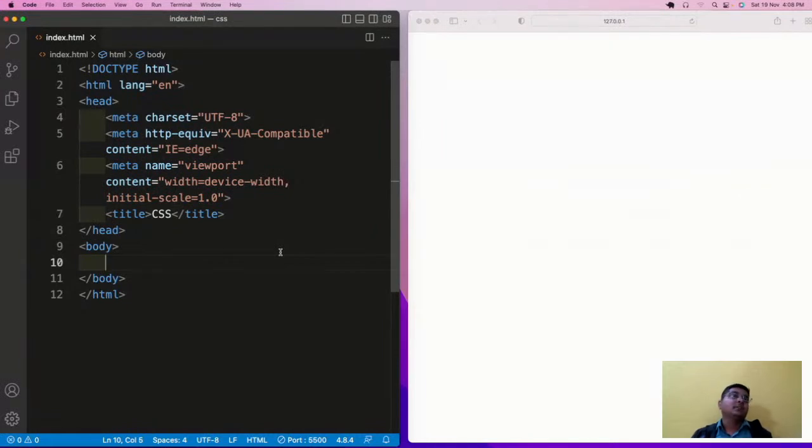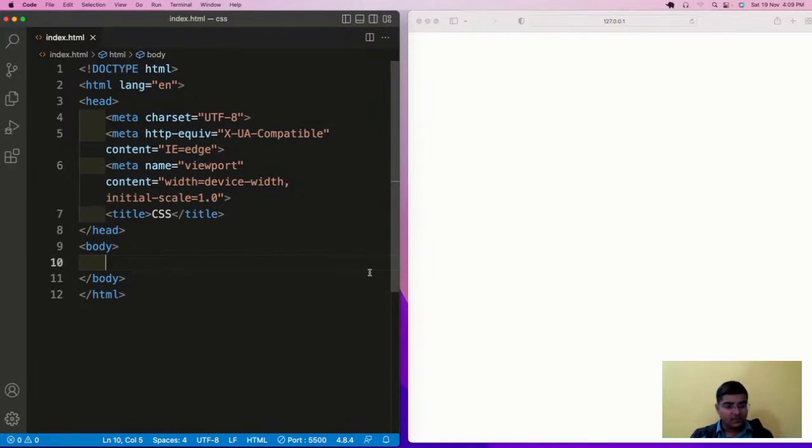The need for Flexbox and Grid is to make the web page responsive and to fix things in a proper manner.